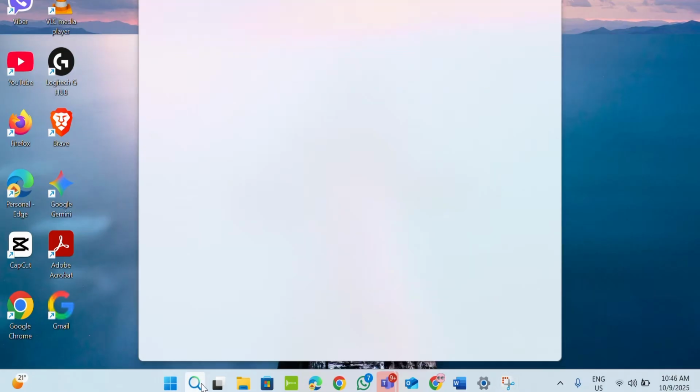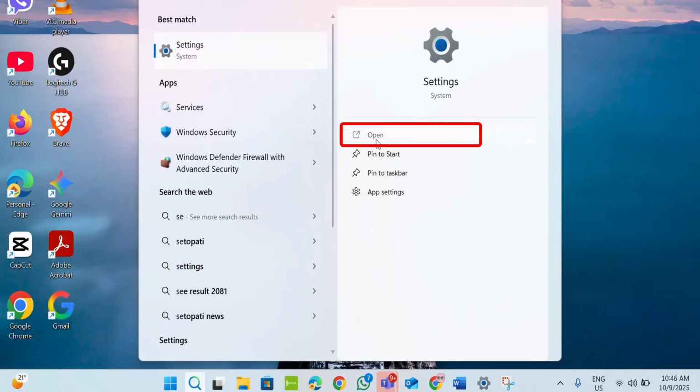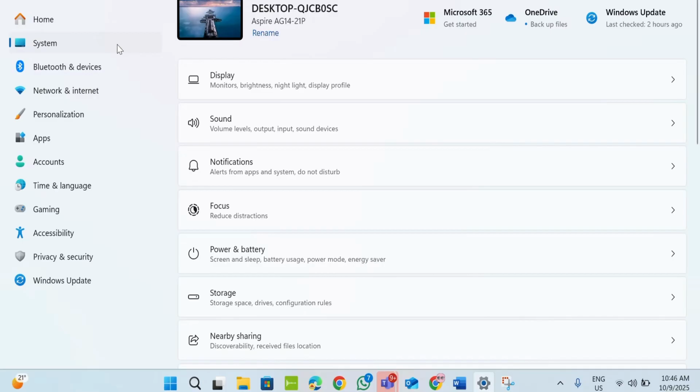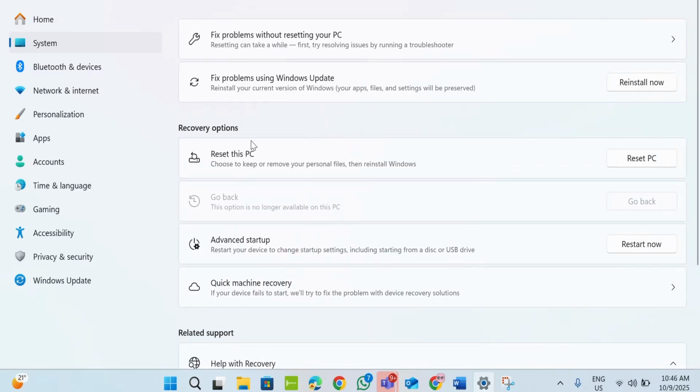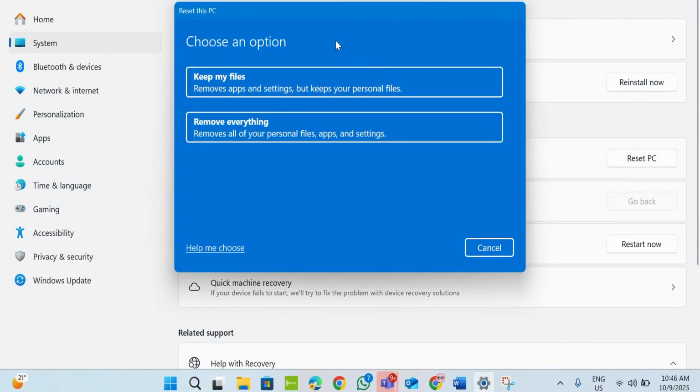First things first, open up the settings and then you will see system on the left hand side. Tap on it and then scroll down. Go to recovery. There you'll find reset this PC under recovery options. Tap on reset PC and then you'll get the option to keep my files or remove everything. Tap on keep my files